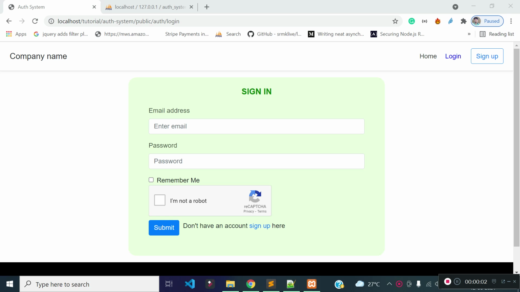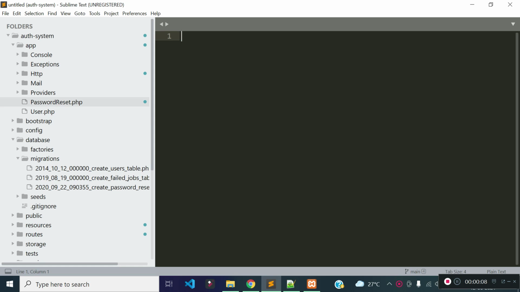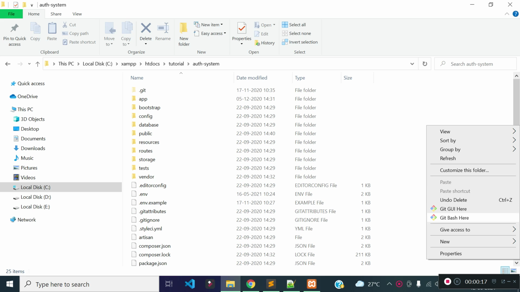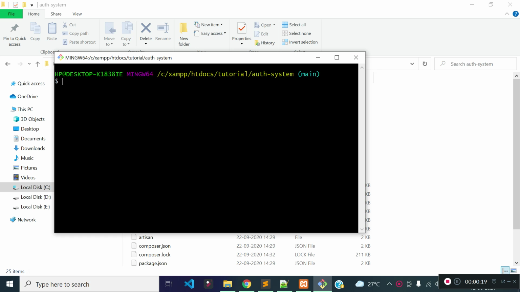In this lecture, I am going to complete forget password functionality for registered user. At the beginning of this series, I already created password reset model and migration file for password reset table. You can create password reset model and migration file for password reset table by running php artisan